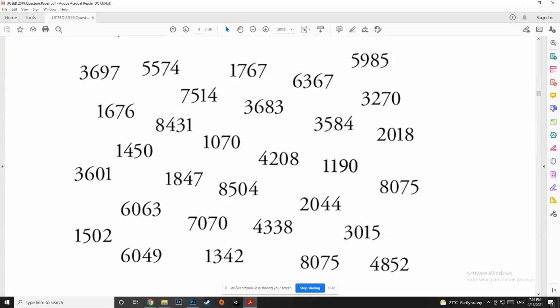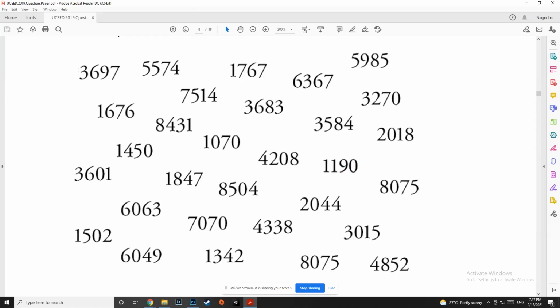So for example, yes, Sabrina, correct. And Neha, correct. If you look at 1190, right? We can see that the 1 is different from this one, but we can't be sure. Similarly, we can't be sure about this 0 as well. It looks a little different, but it looks a little similar also. But if we look at this 9, we can be absolutely sure that the other 9 does not look like it at all, because there is a small joinery here, which is not there here, right? That is how you make sure that your answer is correct.